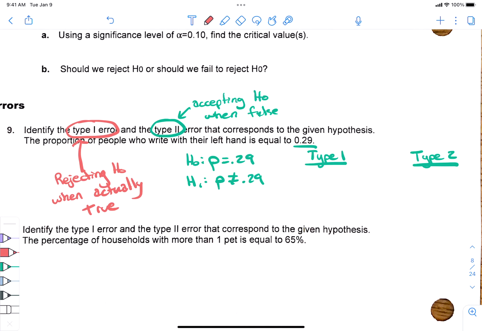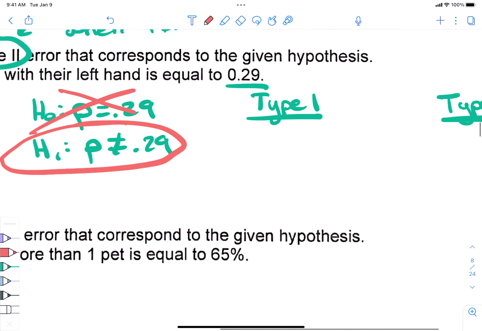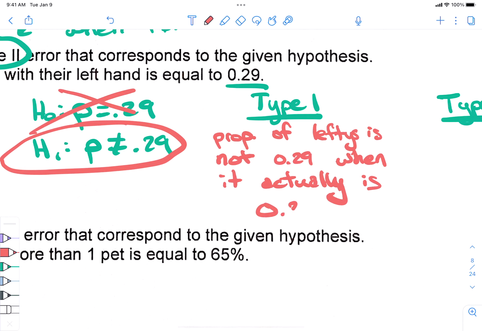Type 1 error is rejecting H naught. So this is what that looks like. This is what a type 1 error does, right? This is a type 1 error. So in a type 1 error, we would say the proportion of lefties is not 0.29 when it actually is 0.29, right? We would come up with the conclusion and we would say, the proportion of left-handed people is